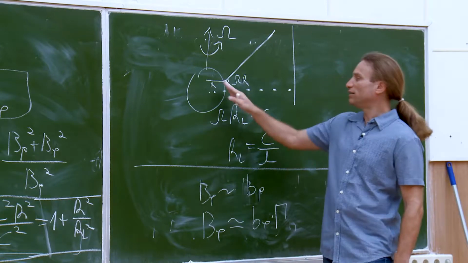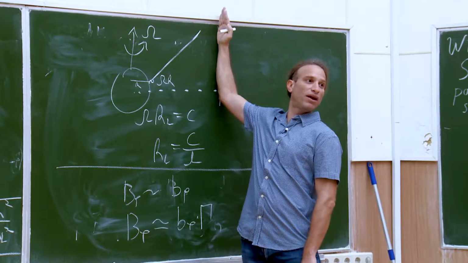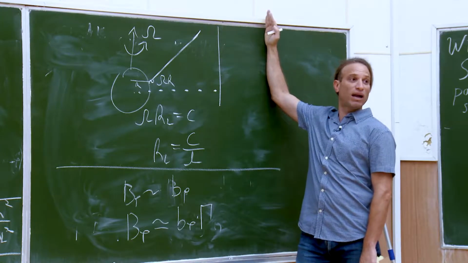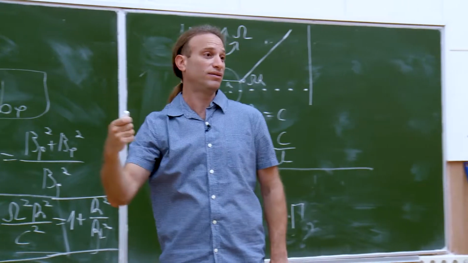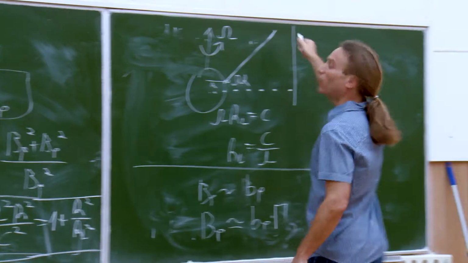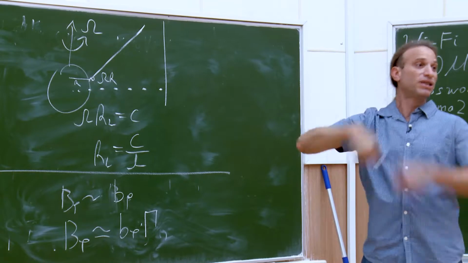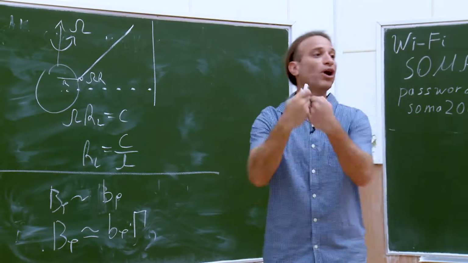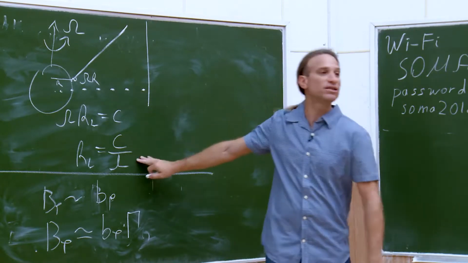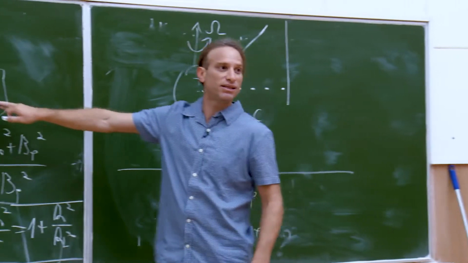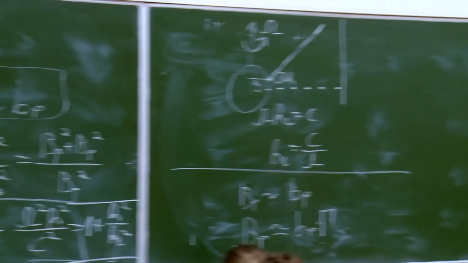What will happen is that, I will get to that, B phi and BP will become equal over here, and beyond the light cylinder, B phi will win. So B phi in the lab frame will become stronger and stronger relative to BP. This happens because you can no longer co-rotate. So the plasma is dragging backwards, dragging the magnetic fields with it. You become more and more dominantly in the phi direction. But this doesn't break. This continues to happen as long as you can maintain this. Okay? But that was a side remark.